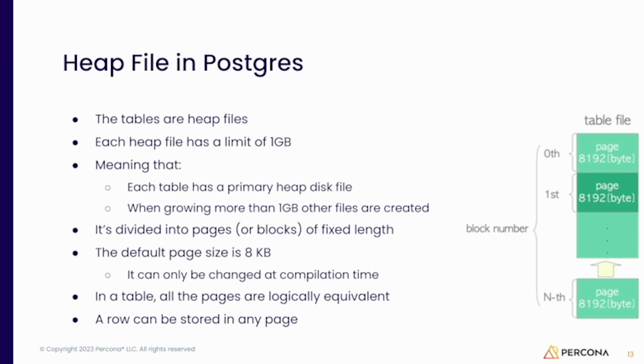So as I said, the heap files are split in blocks. On Postgres, the block size by default is 8 kilobytes. And there's a reason for it to be 8 kilobytes. Remember that I said most OSes have a 4 kilobytes block size. So it's 2 blocks of the OS. And this alignment is very important, because every time we align with the block size that the OS or the CPU works with, we only need one operation to retrieve them.